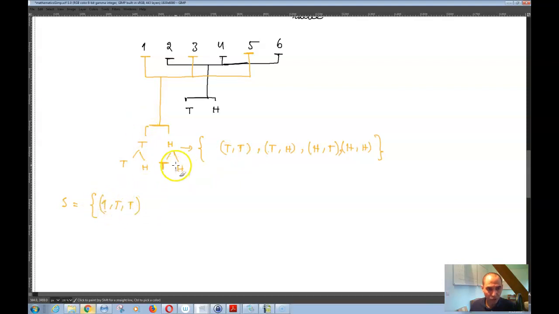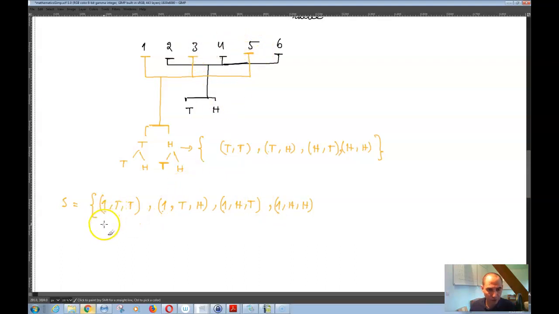You could have 1 tails, heads, 1 tails, heads. You could have 1 heads, tails, 1 heads, tails. You could have 1 heads, and then the same thing can happen in the case